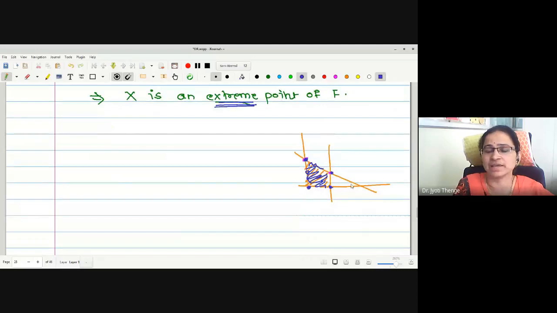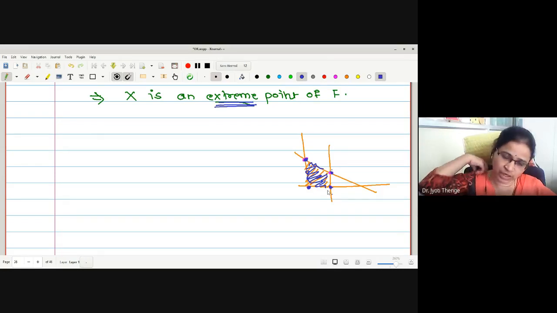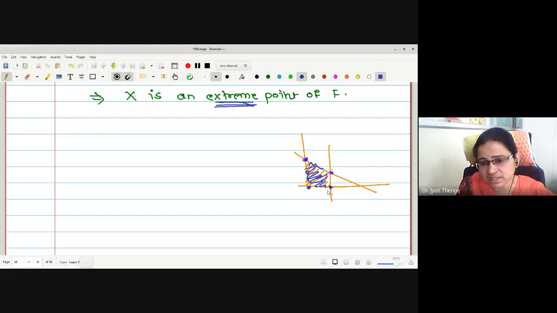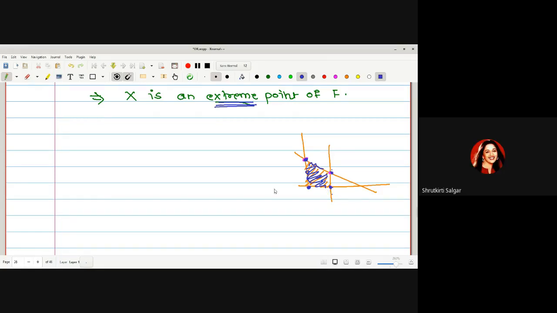This is what we have proved in the graphical solution. Whatever feasible region we are obtaining must be a convex set as per the first step. By the second step, we are checking the values only at the extreme points, because only extreme points give us the basic feasible solutions. Then among basic feasible solutions, we are finding whichever gives us the optimum, so that it becomes the optimum basic feasible solution. Fine? Thank you, ma'am.